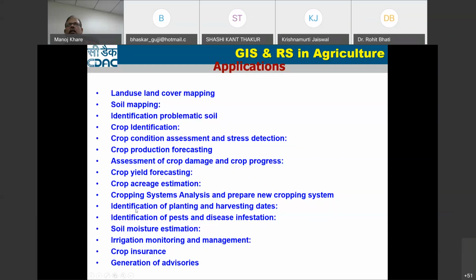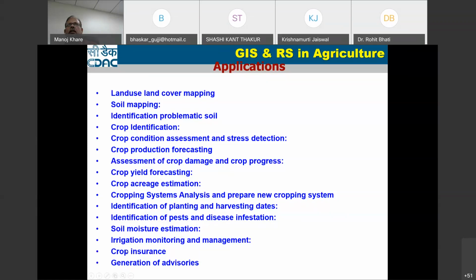So these are the different applications which I found in the literature while preparing this presentation. These are very important applications in agriculture: land use and cover mapping, soil mapping, identification of problematic soil, crop identification, crop condition assessment, crop production forecasting, crop damage assessment, crop yield forecasting, crop acreage estimation, cropping system analysis, planting and harvesting dates, pest and disease infestation, then soil moisture estimation.